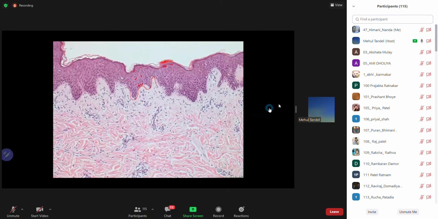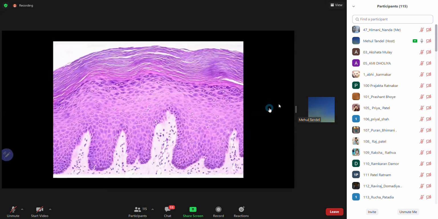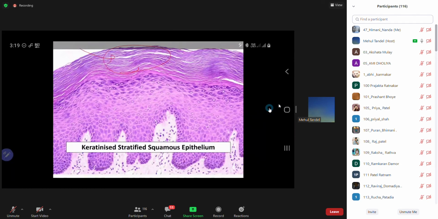So this is keratinized stratified squamous epithelium. And these, I have told you, are all the identifying features of keratinized stratified squamous: gradual flattening of nuclei from basal to surface layer. Okay, same thing, you can see keratinized stratified squamous epithelium. Keratin layer clear दिख रहा है ऊपर. Basal layer, low columnar or cuboidal, elongated nuclei; intermediate, polyhedral cells with round nuclei; surface layer, flat squamous cells with flat nuclei.